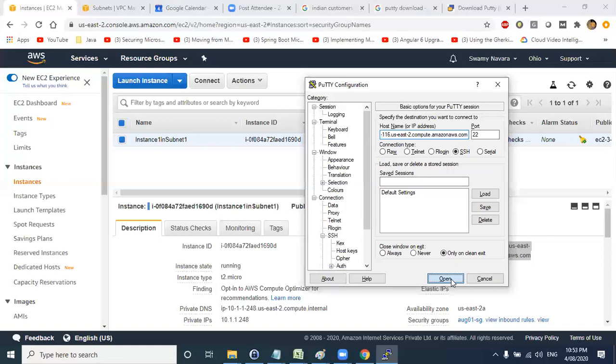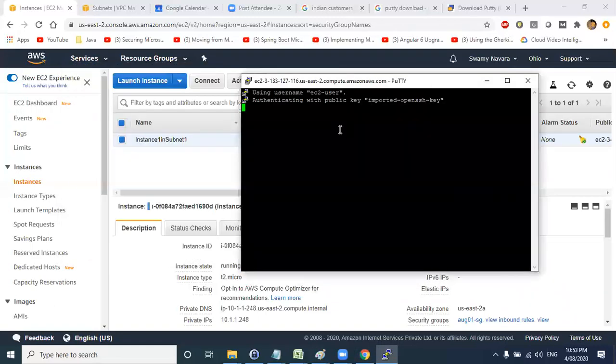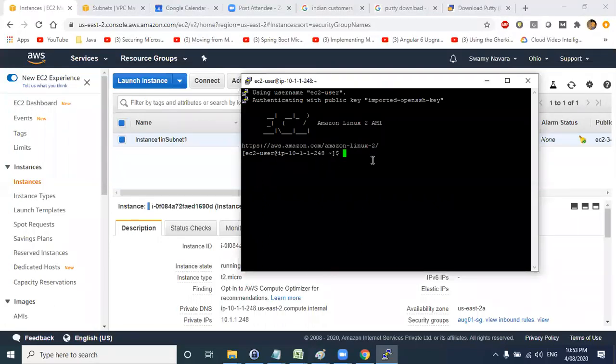Clear? Say yes. Yes, you have successfully logged into your EC2 machine. If you see here, the IP address is 10.1.248. So 10.1.248 is your IP address. You are successfully able to log into this particular machine.